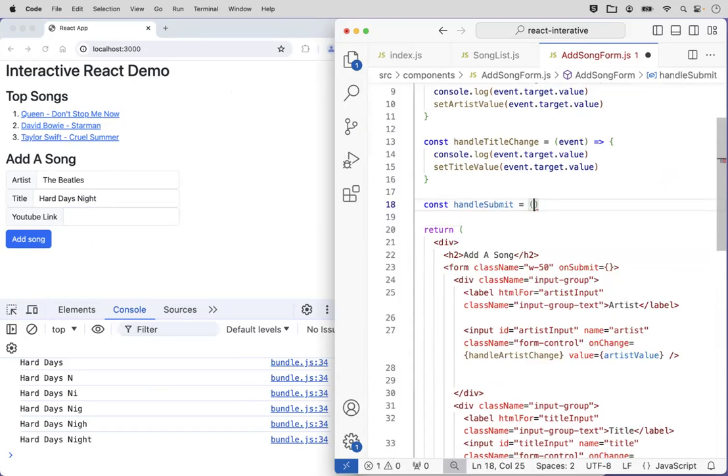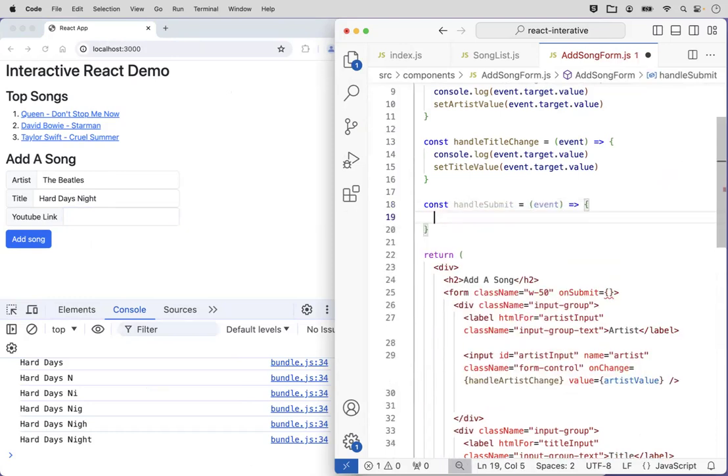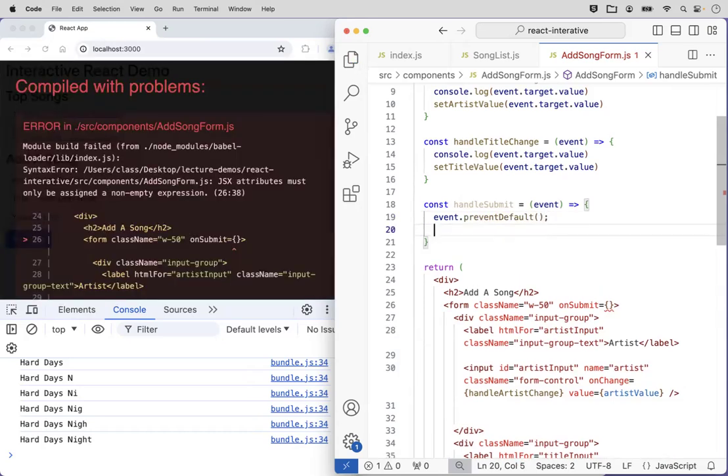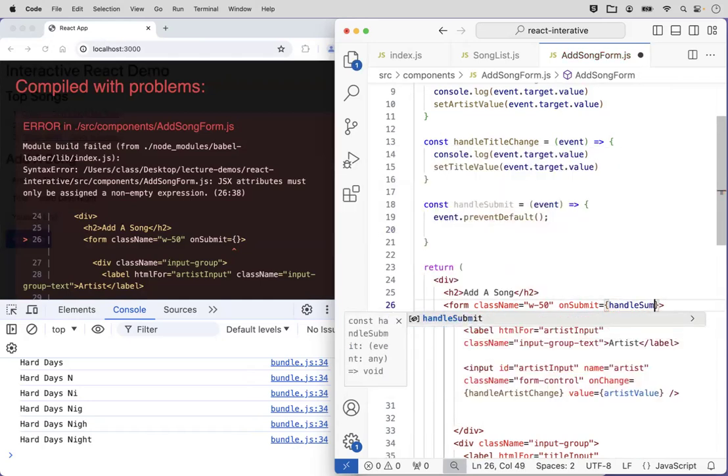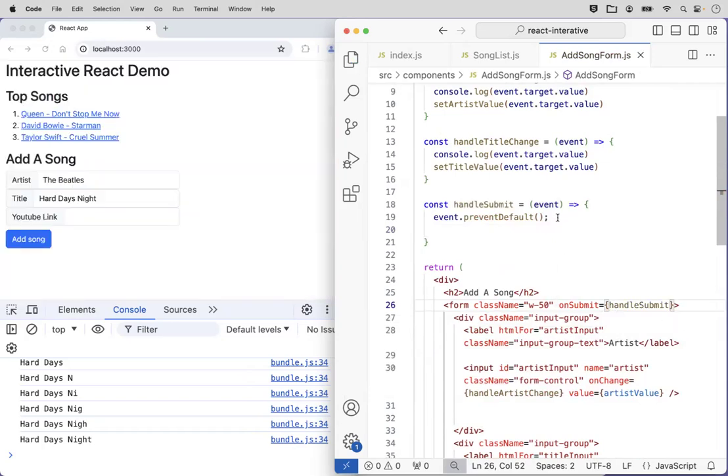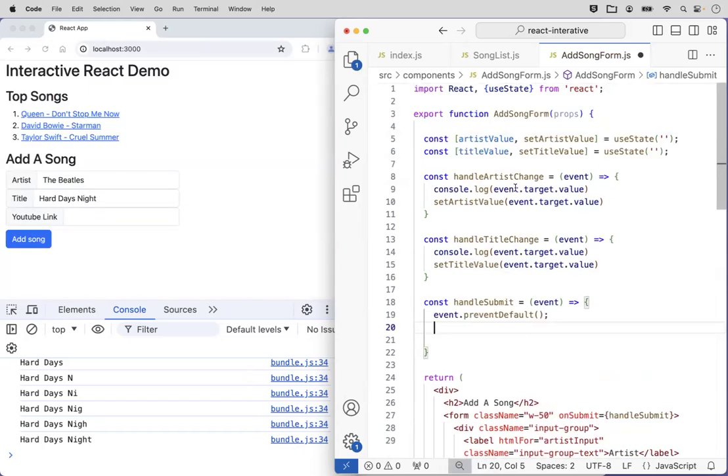Handle submit is an event. First thing, of course, we're going to need to do is prevent defaults to make sure that my form doesn't cause my page to reload. And now, what did I do wrong? Oh, forgot to actually write the handle submit in here. There we go. From there, because I've saved what the current user has typed in as the artist and as the title,